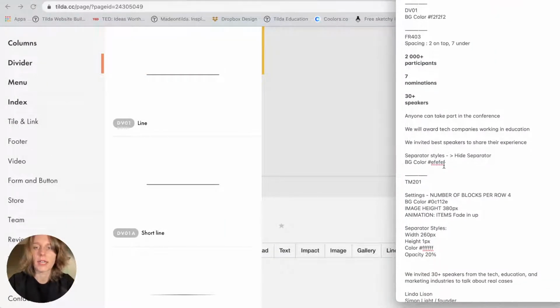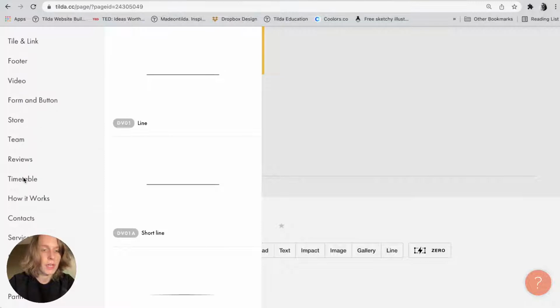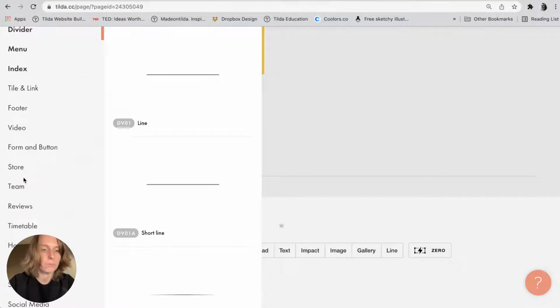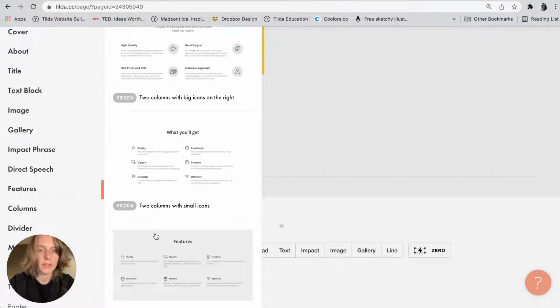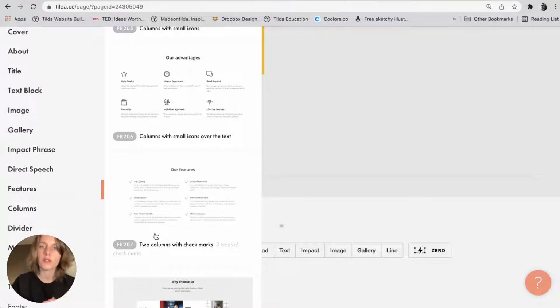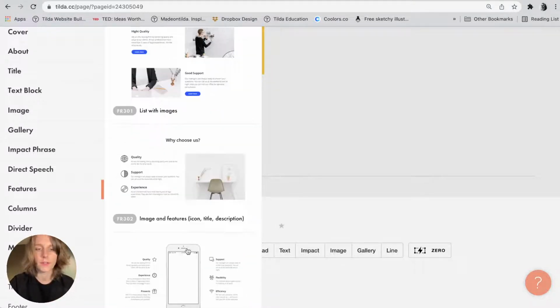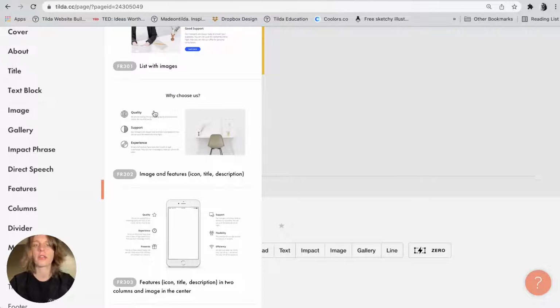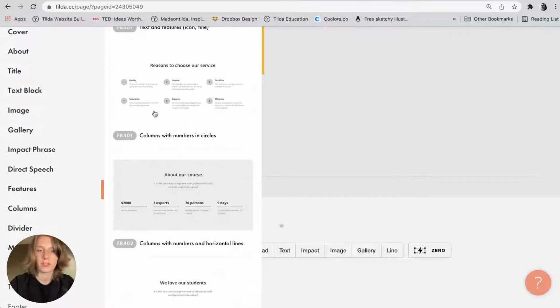The next block is a block about the numbers. The category of this block is, let me find, features. Features is the category that helps you pick the block and explain your advantages, the features of the product that you are selling, for example, or presenting on the website. You see different ways of presenting different numbers of features. Why choose us? This is the block that increases the motivation of your website visitors. You are giving a lot of arguments to the visitor to keep looking, to keep thinking about your